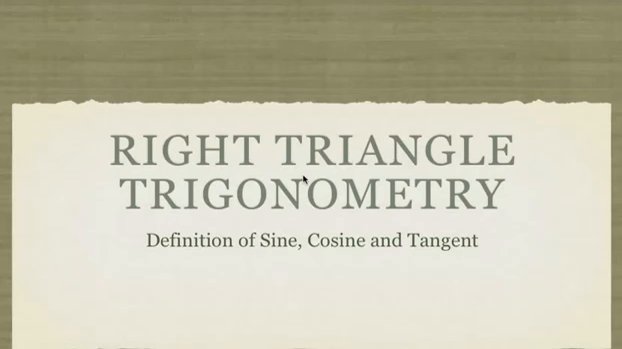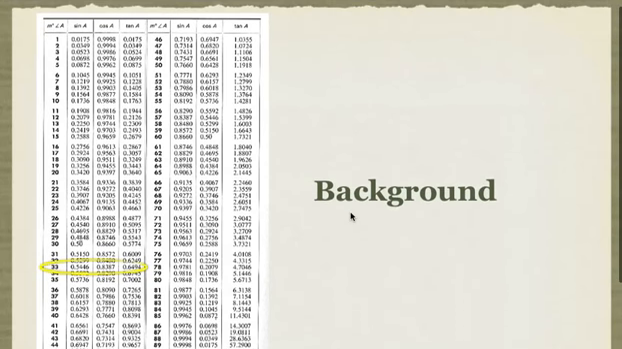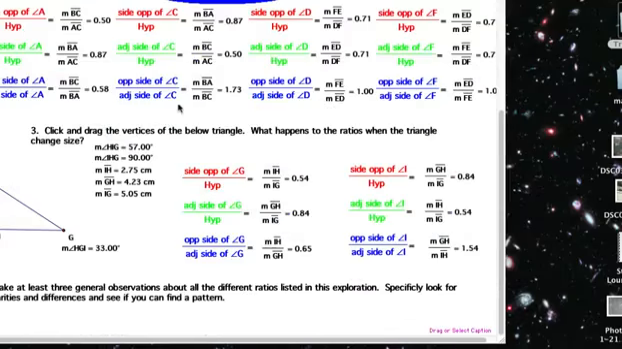To the basics of right triangle trigonometry, specifically what sine, cosine, and tangent are. So we'll go ahead and talk a little bit about the background of where all this comes from really quickly. All right, so in right triangle trigonometry, if we go back to talking about